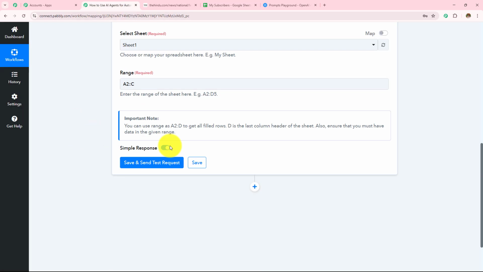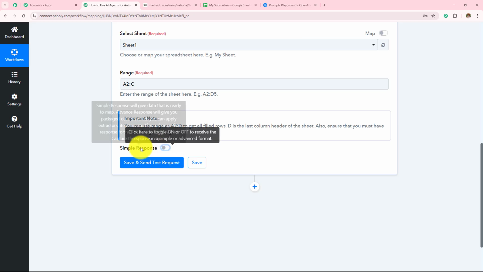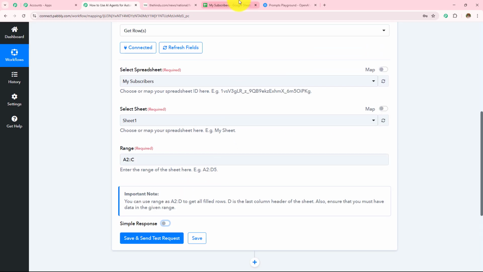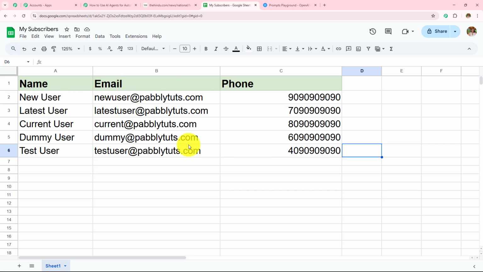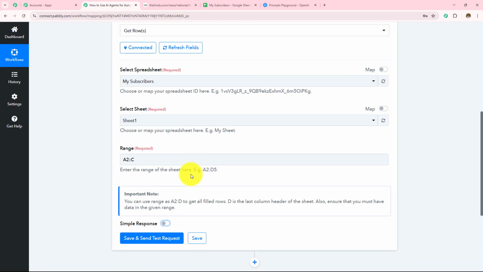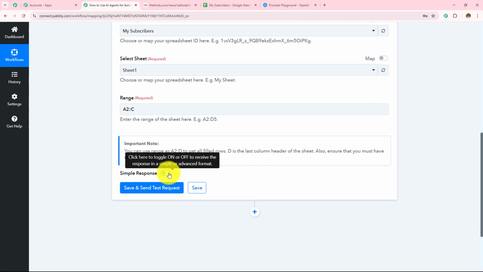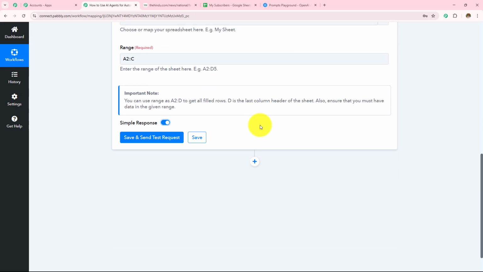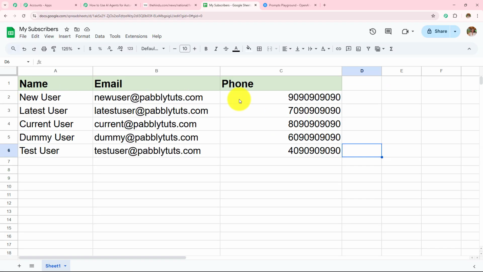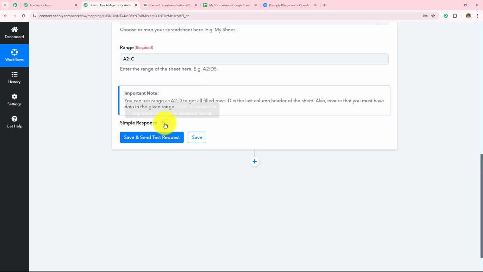Now I have to do an important step. I have to toggle off this simple response button because I want to capture all the details of this particular spreadsheet in my workflow. So I do not want this simple response. If I toggle this button on, I'm going to receive the response of the very first data in my Google Sheets spreadsheet. So here I'm going to toggle this off, and now I'm going to click on the save and